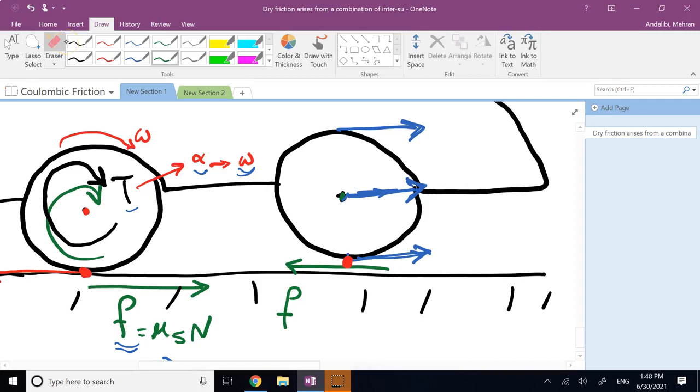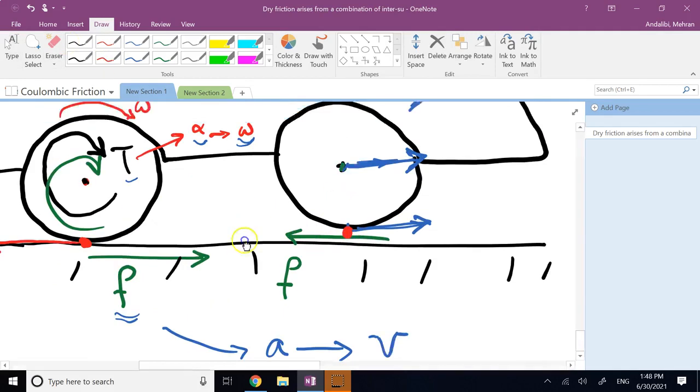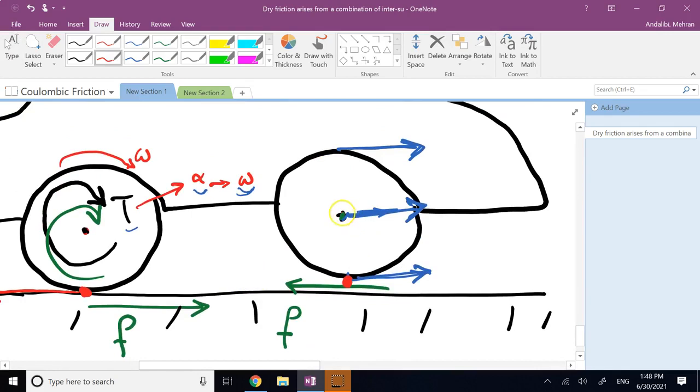Okay, and what's the effect of that friction? Well, because that friction is to the left, with respect to the center, if you look at the moment of it, it will create a clockwise moment like this. And that T again means alpha, and it means omega for this front wheel, which is also going to be clockwise. So you see, that's why your front driven wheel will start rotating in the same direction as the driving